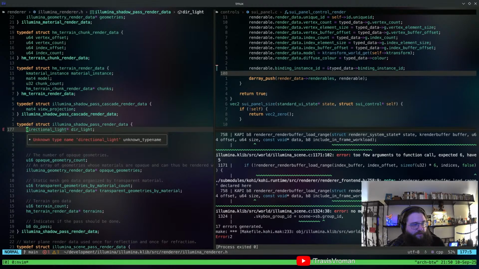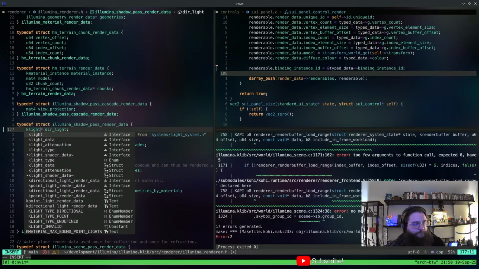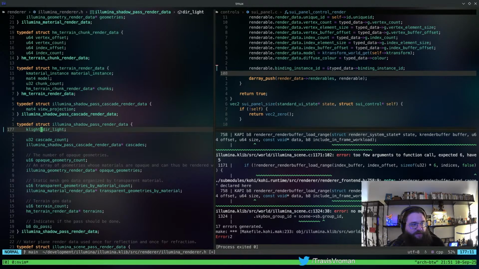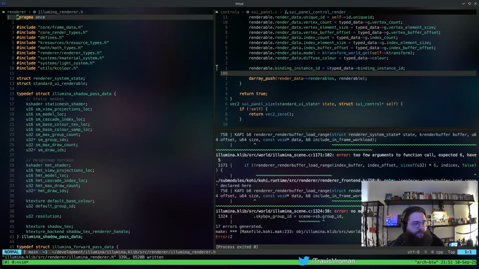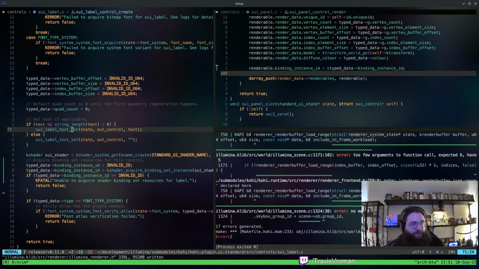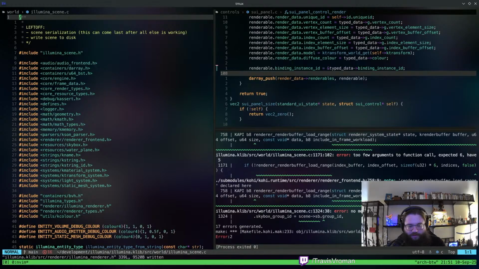Directional light. Shadow pass render data. That should be, yes, should just be a light identifier. Okay. That's going to have fallout in the Luminoscene renderer, but that's fine.